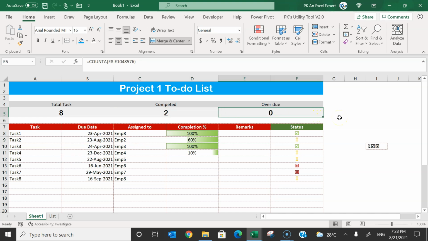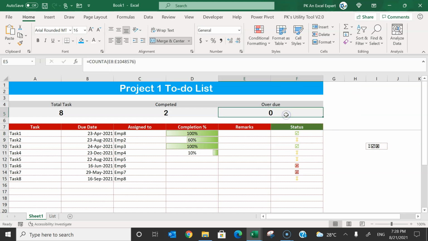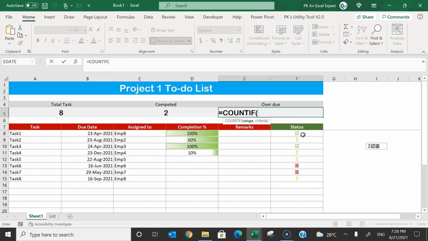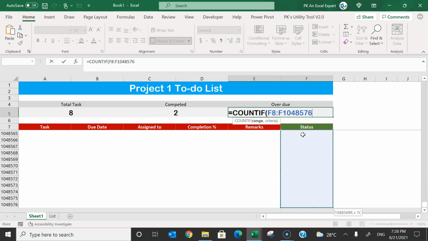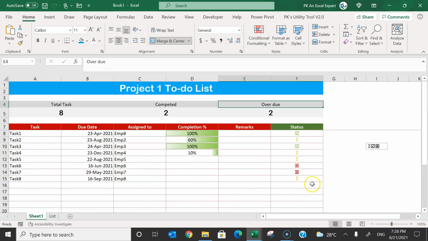Then for the overdue, we will count from here. Overdue means this cross sign, meaning this text. If this text is available in this range, I'll use COUNTIF, and I'll take this range, comma, in the inverted commas I'll put that text, just hit Enter. So we have 2 counts of overdue. You can see it here also. So this is for project 1.